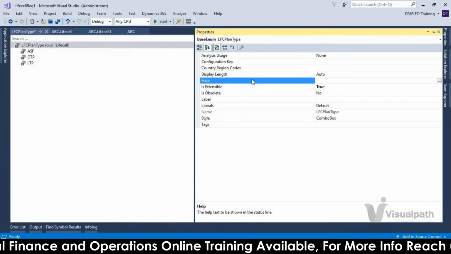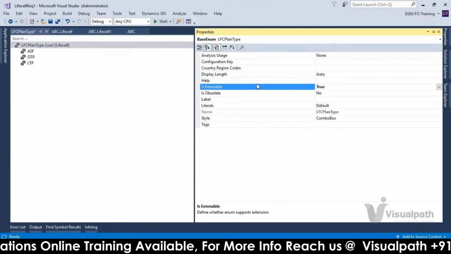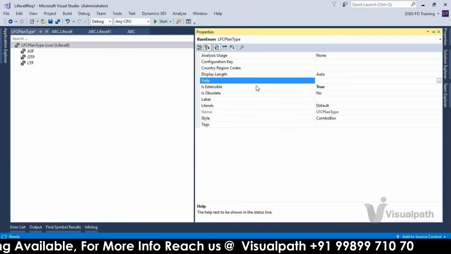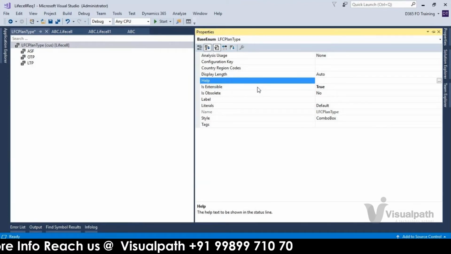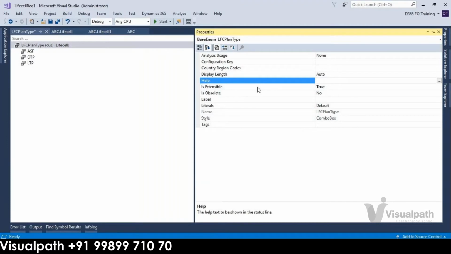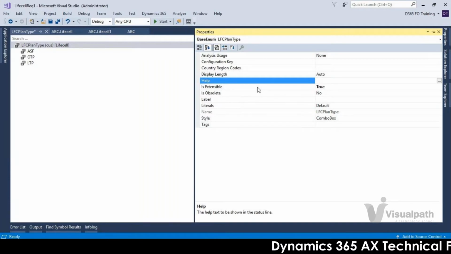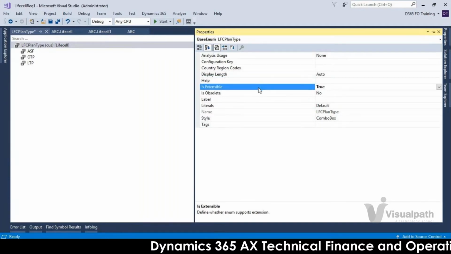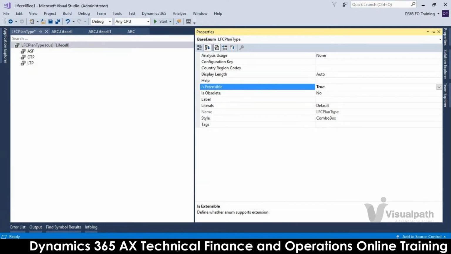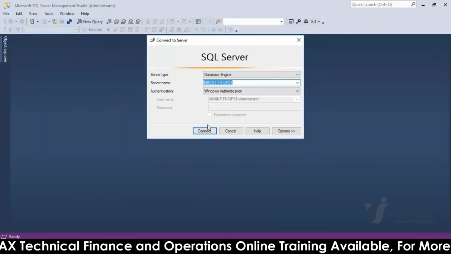Once SQL Server is open, we can check that. Like that it will be maintained. Whatever base enums you create, it will maintain all the base enums in one table. Whatever literals you create, those values will be maintained in the other table. But if you make this extensible as false, it will contain only the base enum. The values will not be there in the other table.